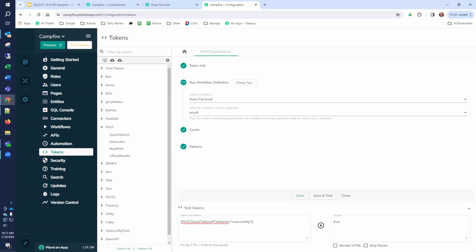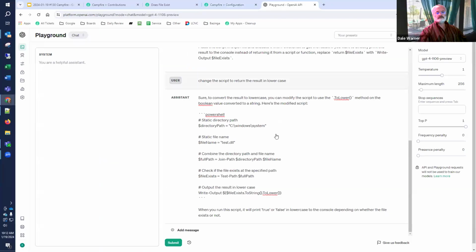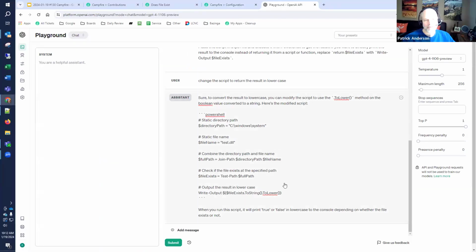Let me be the first to say that is absolutely amazing. Not just that it solves a problem for me, but just how far we have evolved. I'm still shaking my head at some of the great stuff, and that was impressive, Dale. So simple but impressive. I was about to say, Dale, did you get your PowerShell buddy expert to help you